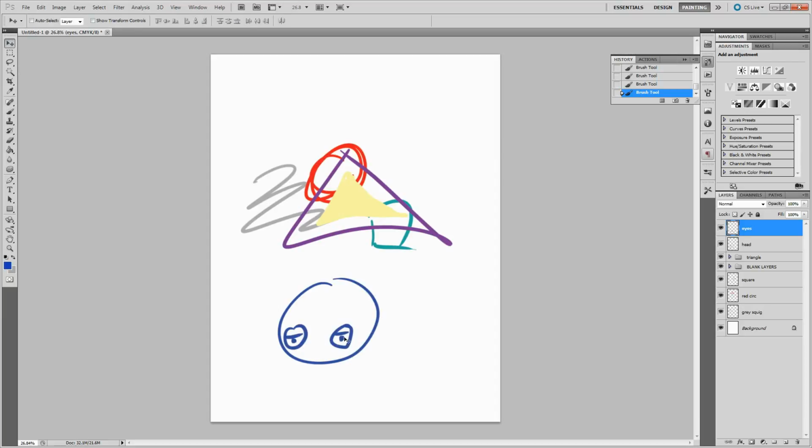And then now I can move my eyes around wherever I want. It doesn't affect the head layer. If I want to erase, it won't even touch the head layer. As you can see, the eraser is going over the head layer, but because I'm on the eyes layer, it won't affect it. And that's useful because if I want to put coloring inside,